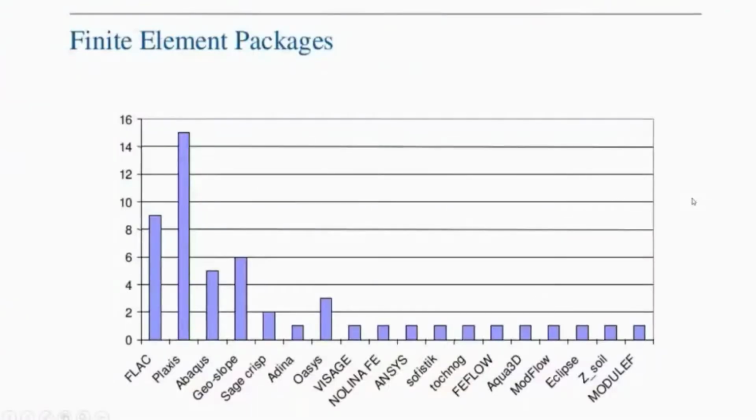So as you all know, Plaxis works on the finite element method, and this is also called a finite element package. Different software work on this FEM, like FLAC, Plaxis, Abaqus, GeoSlope, and many more. ANSYS, I think a few are familiar names. Also Aqua 3D, MODFLOW, right? And Plaxis is the most used software, especially in geotechnical engineering. ANSYS is also used by structural engineering.